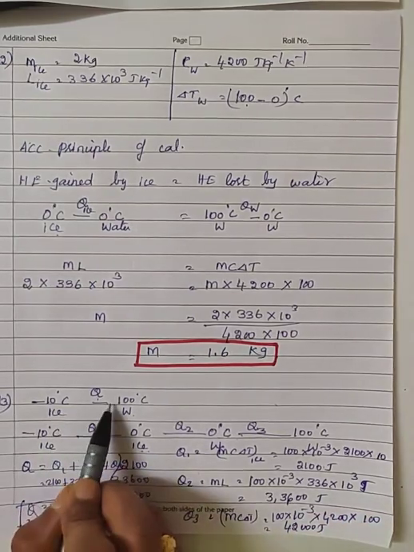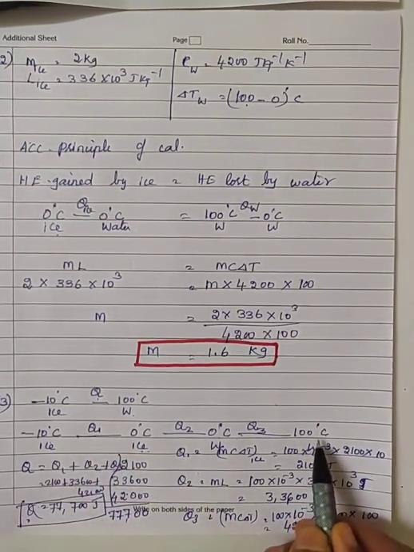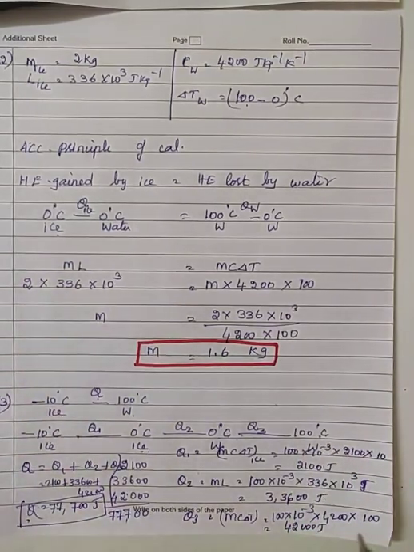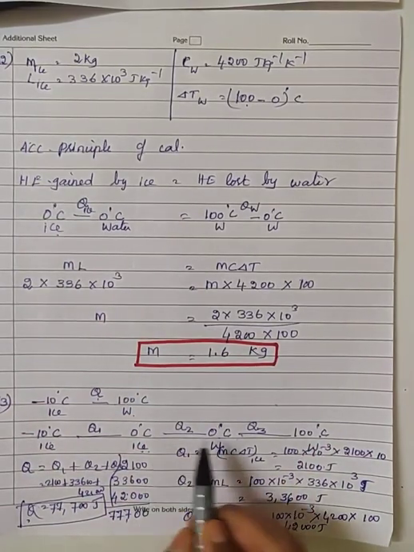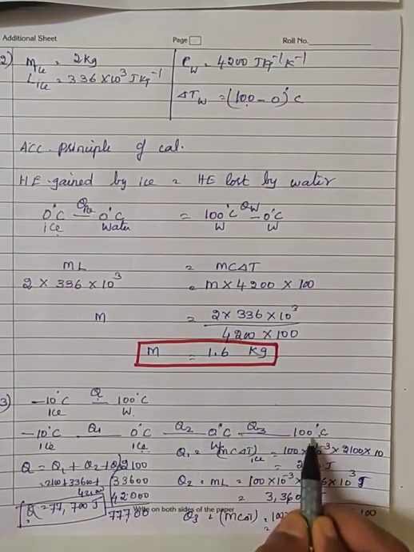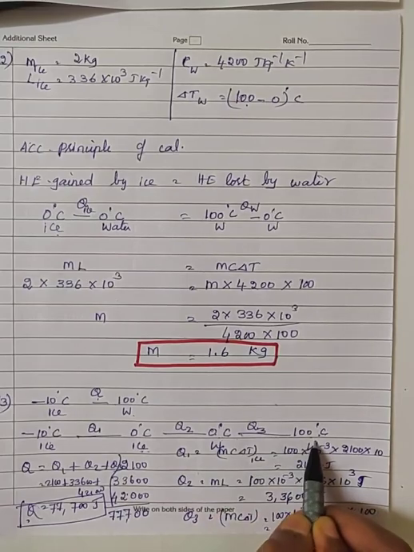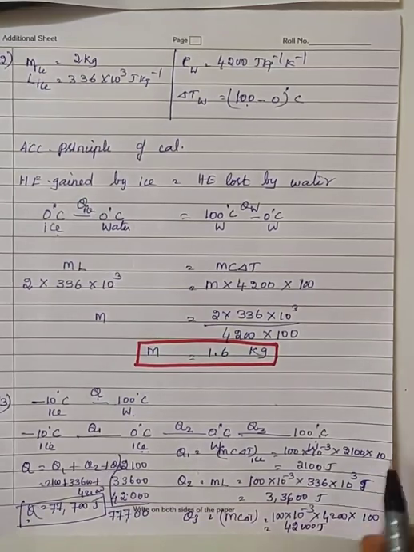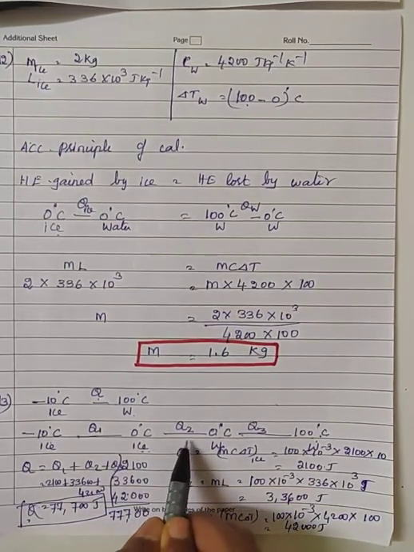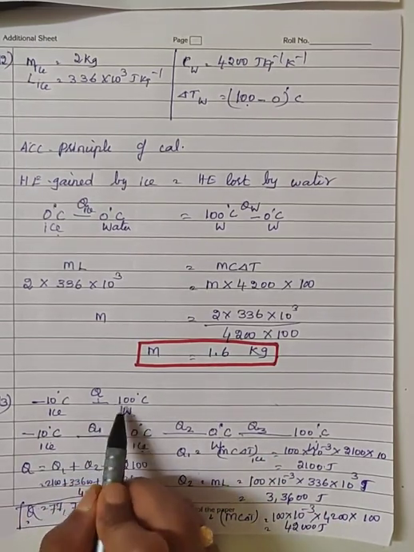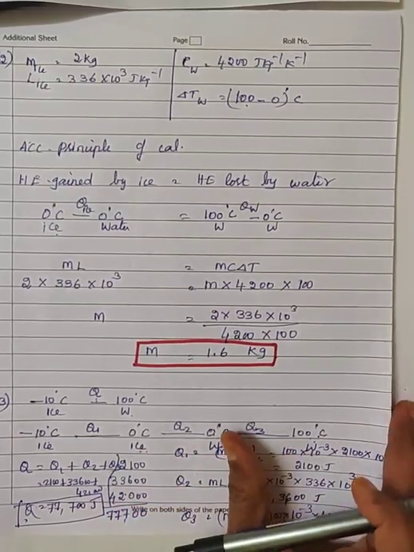So in this question, minus 10 degrees Celsius ice is converted into 100 degrees Celsius water. So it is not a single step process. What are all the processes involved? First, ice at minus 10 degrees Celsius absorbs heat energy to rise its temperature up to 0 degrees Celsius. After that, it absorbs heat energy to convert itself completely into water at the same temperature. Then there is a rise in temperature of water from 0 degrees Celsius to 100 degrees Celsius. Find out Q1, Q2 and Q3, and you will get Q, where Q represents the total amount of heat energy absorbed to change minus 10 degrees Celsius ice into water at 100 degrees Celsius.